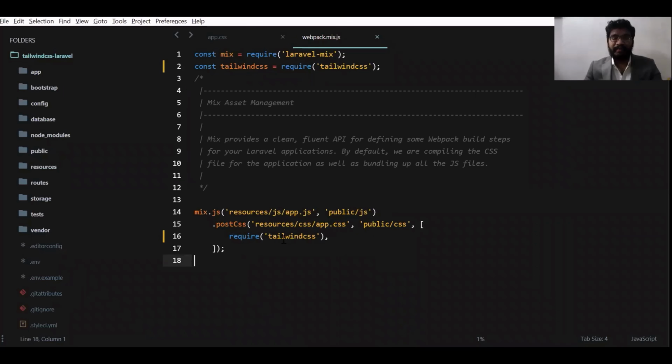I'm not using any preprocessors like Sass or Less. So I'm writing here like this. If you are using any other preprocessors, there will be a little change in this configuration where, instead of PostCSS, you'll have some Sass compilations or Less compilations here. As I'm using plain CSS, I'll just need to add this require here and also add this